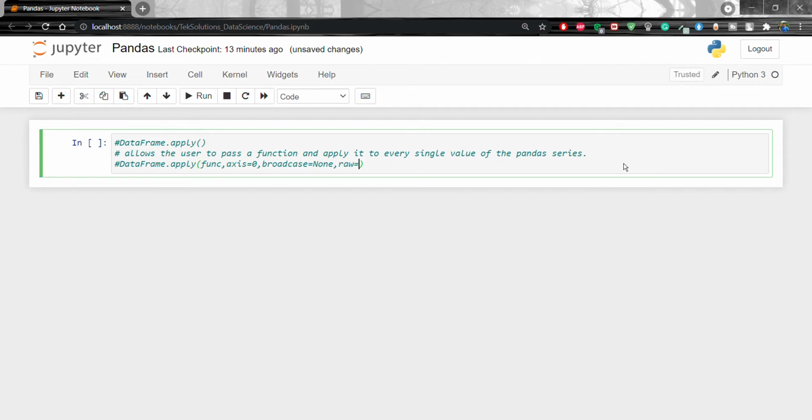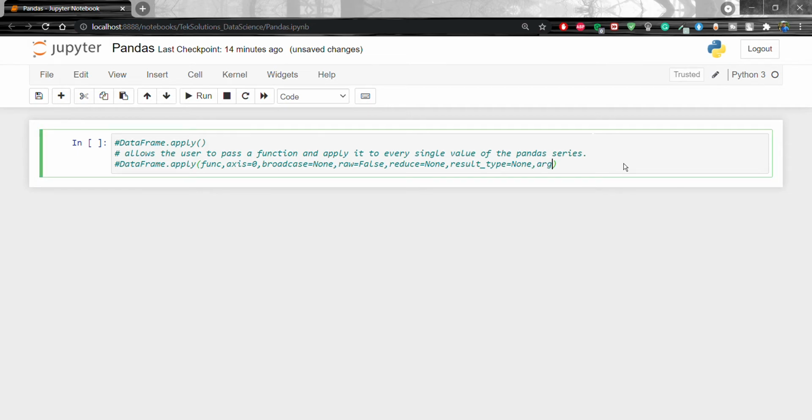The next one is raw. By default it will be False. After that, reduce. By default it will be None. The next one is result_type. By default it will be None.